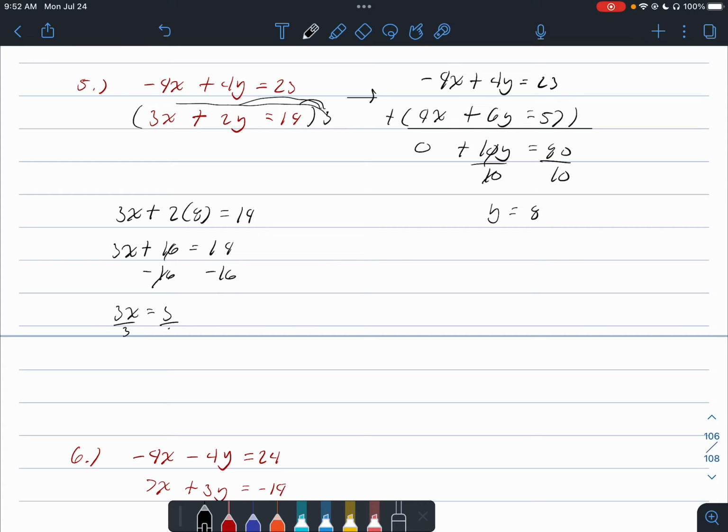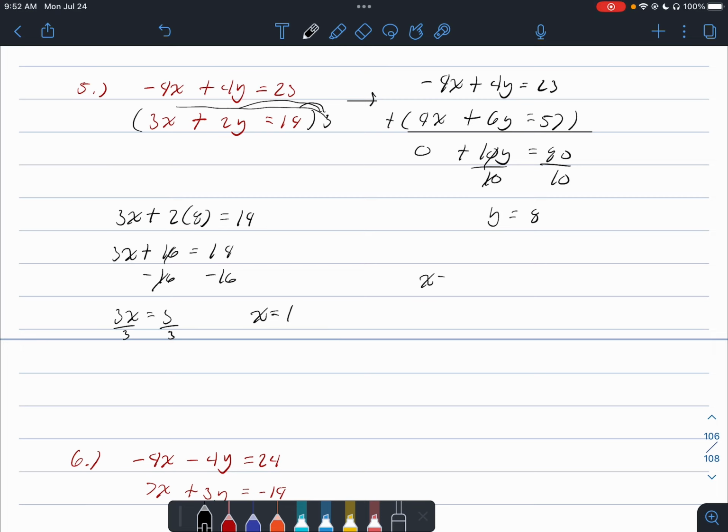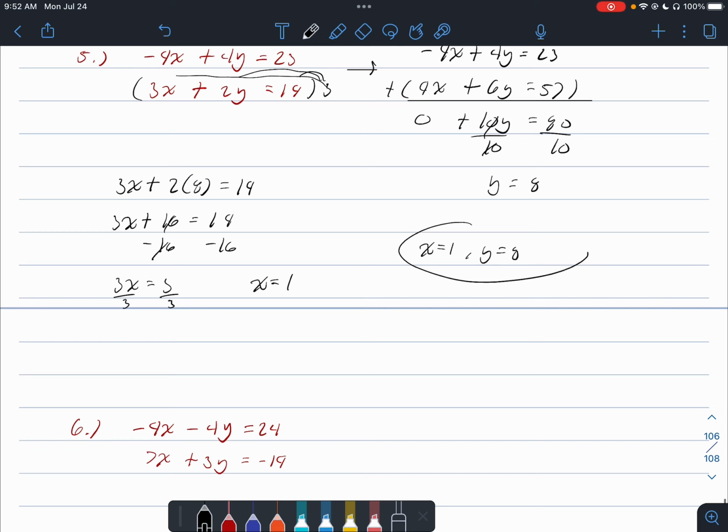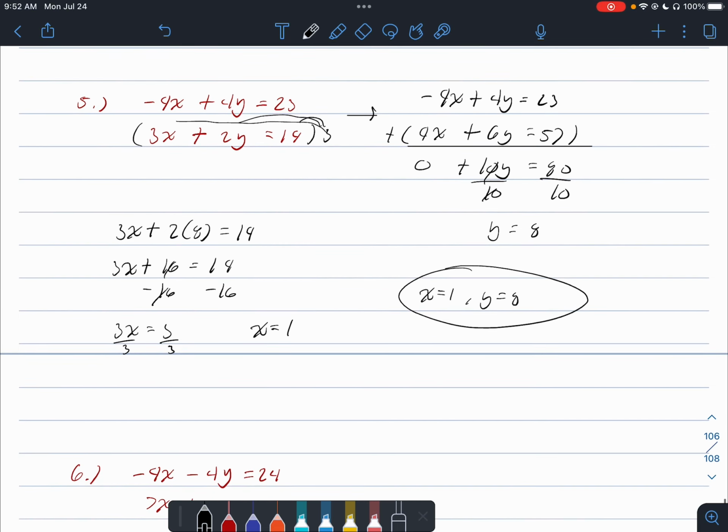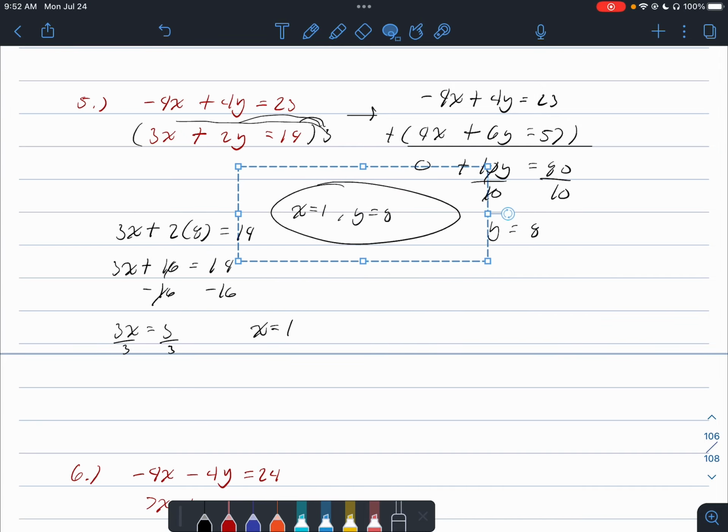Dividing both sides by 3, we get x is equal to 1. So x equals 1 and y equals 8 is the solution here. And it's important to know as well that we could have plugged this y equals 8 into either of these. I know I said this a couple of times, but let's see what happens if you had chosen the other one. You should get back